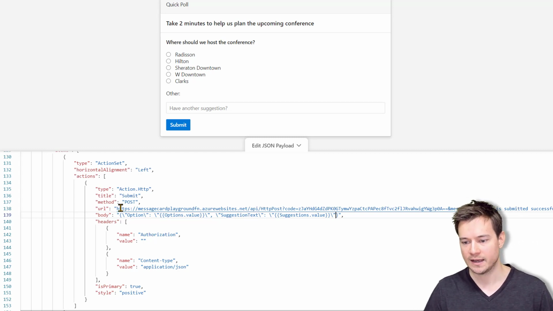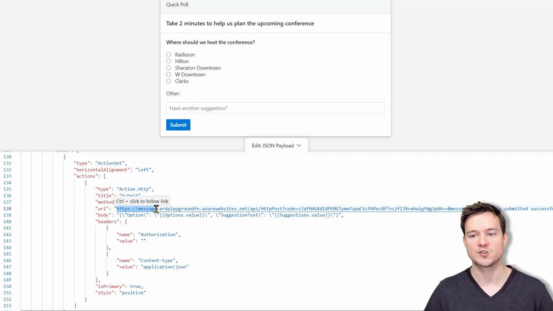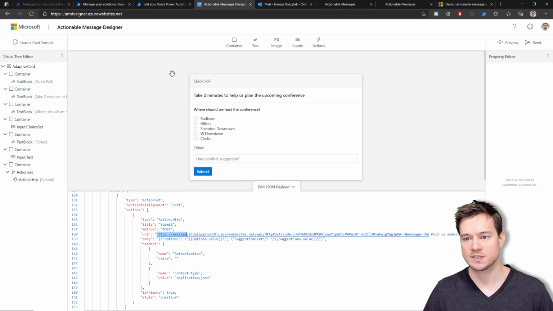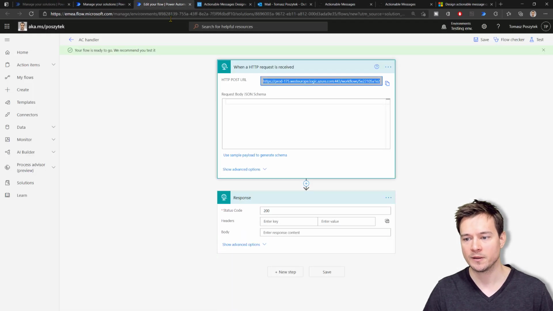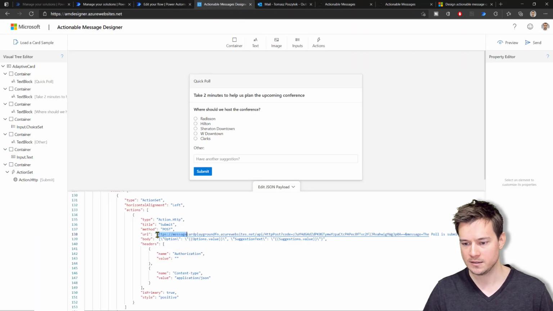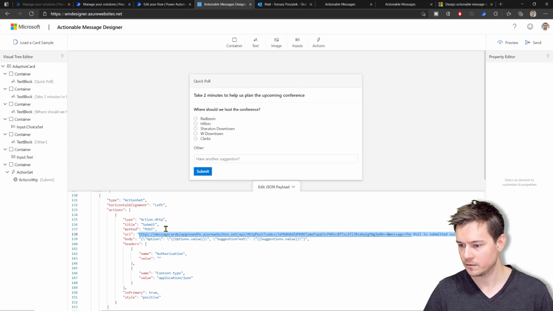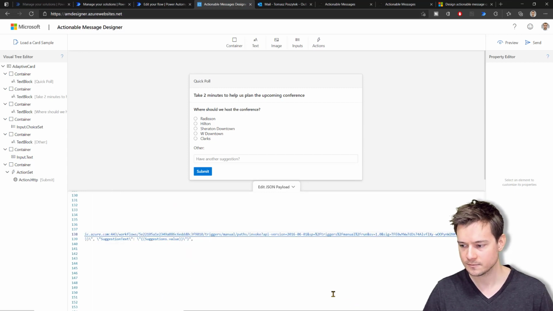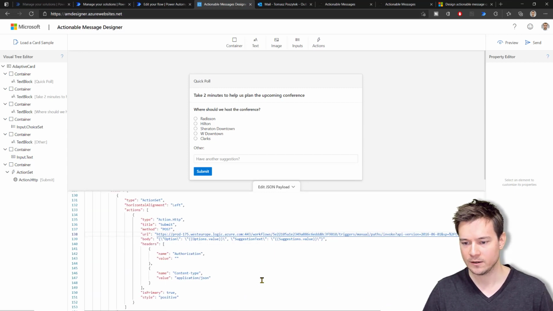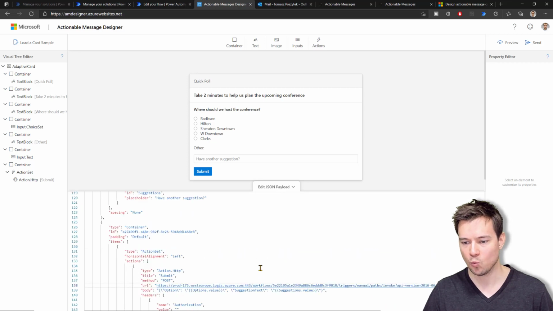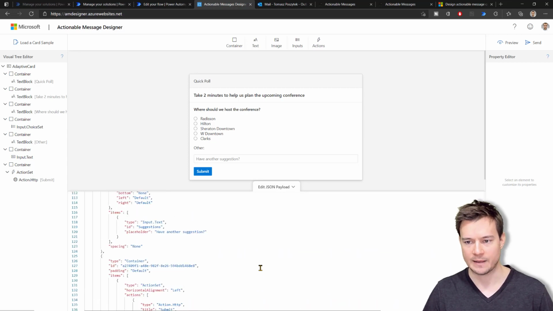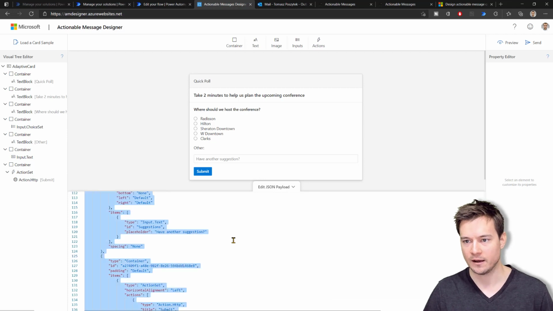triggered afterwards. And last thing is the target URL. So where this adaptive card, where the contents from this actionable message is going to be sent. And this value you need to replace with the one that was generated in your blank flow. Okay, so I'll just replace it. All right, and now here you have the fully working adaptive card that you can simply copy now and add